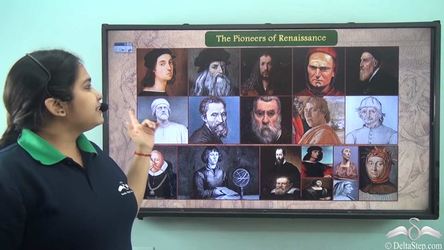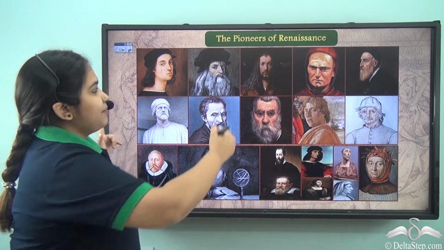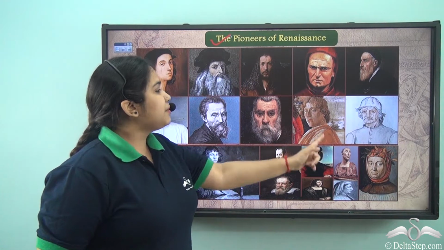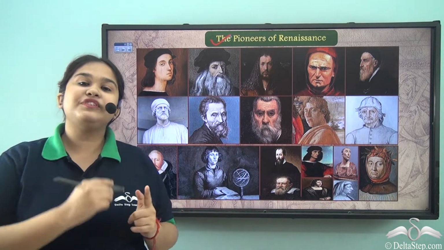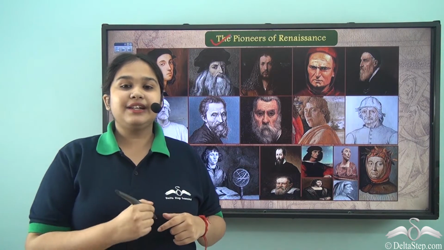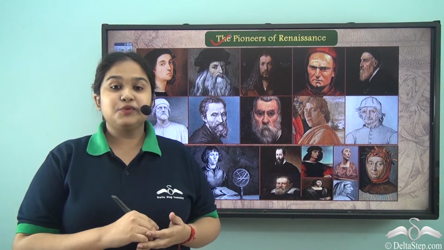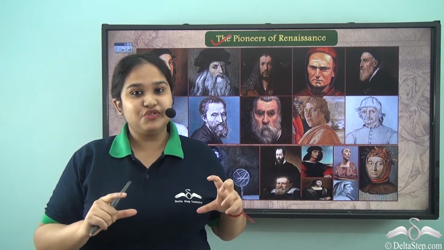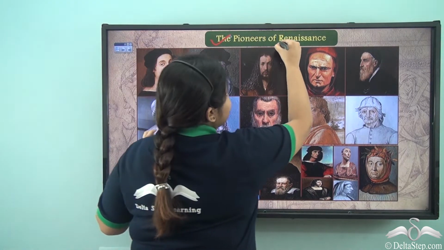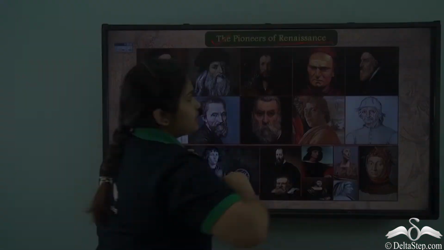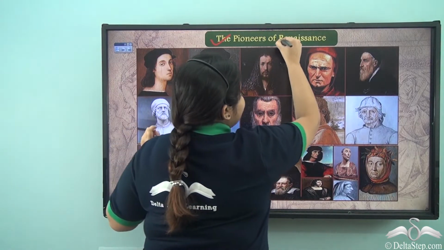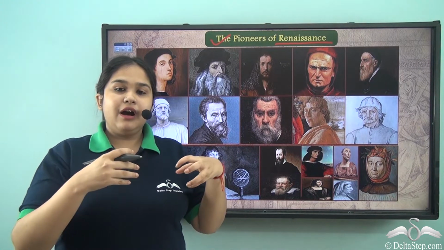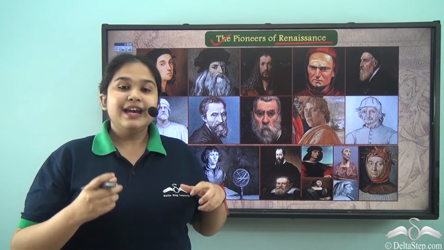So if you take a look at the screen again, you will see the pictures of the pioneers of the Renaissance. So these were the people who created all of these things. Now the interesting fact here is that all of these things were created in one period of time in history. And that period is known as the Renaissance, right? But why exactly this period, what happened during this period, and how do we situate this period is what we